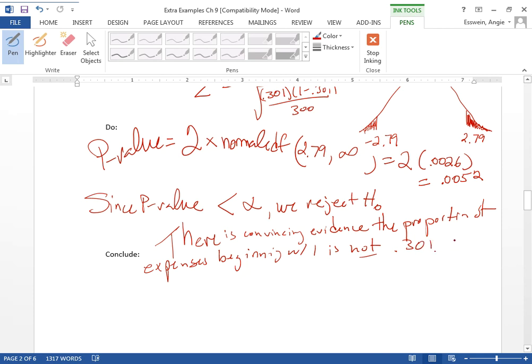And then the implication is that AJL should investigate for tax fraud or